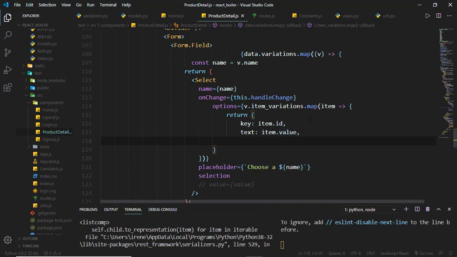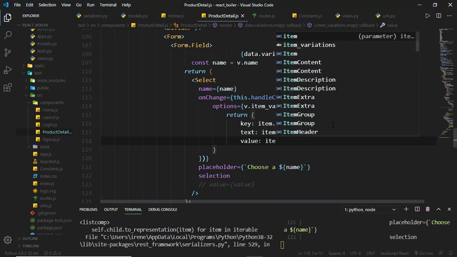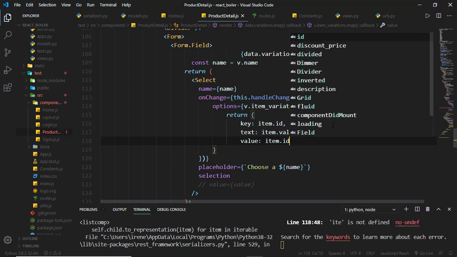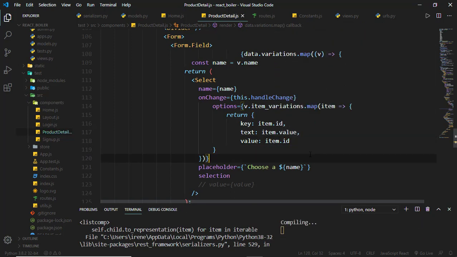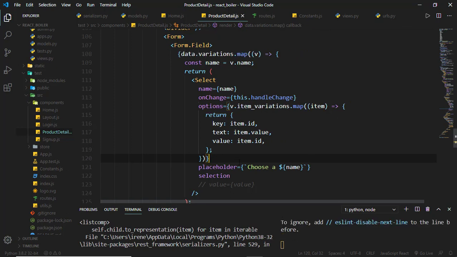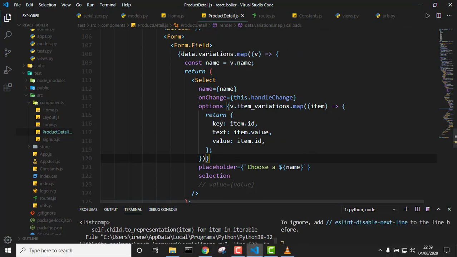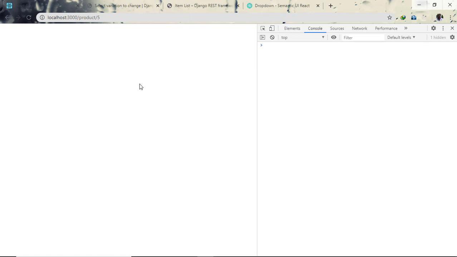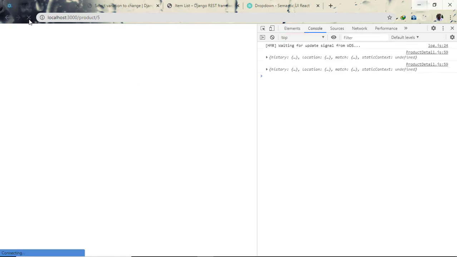and when we are submitting that data, we'll need to have the actual ID of that data that we need to submit to the server. So the value of that field will be the item ID. So item dot ID, and it is the value which is submitted to the server. So if we save that and we come and refresh, so if we refresh that,